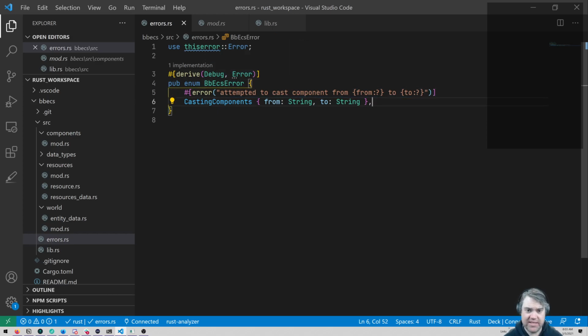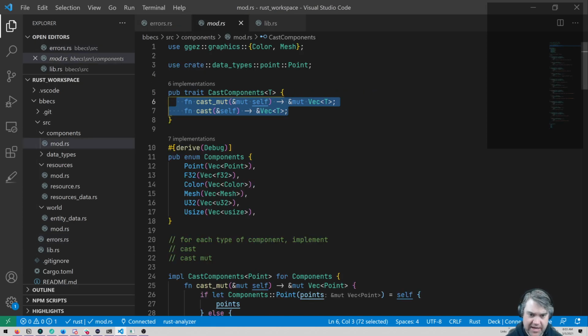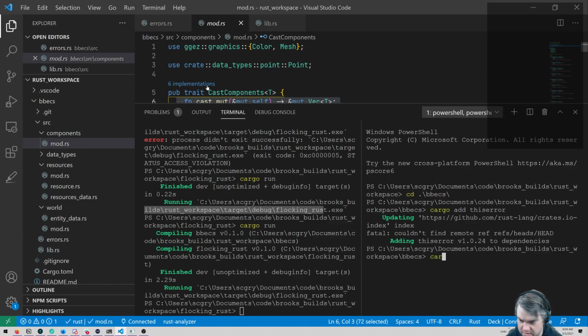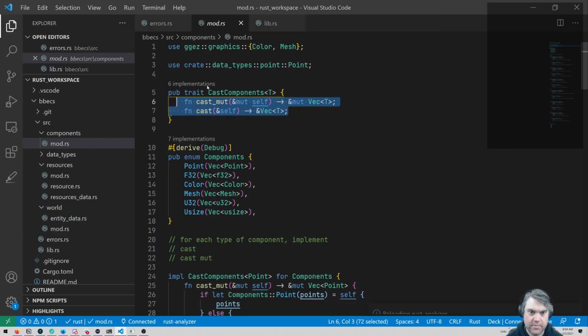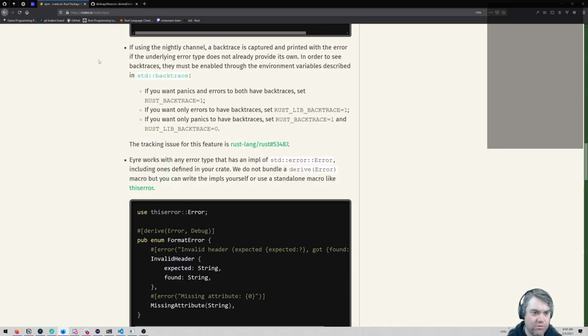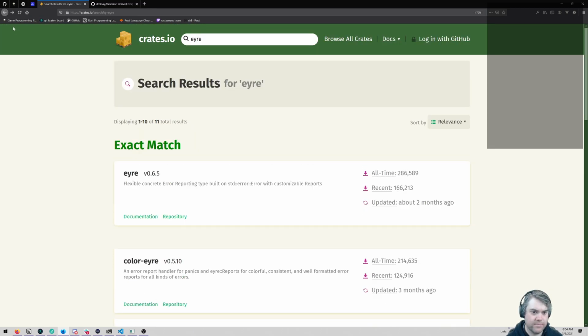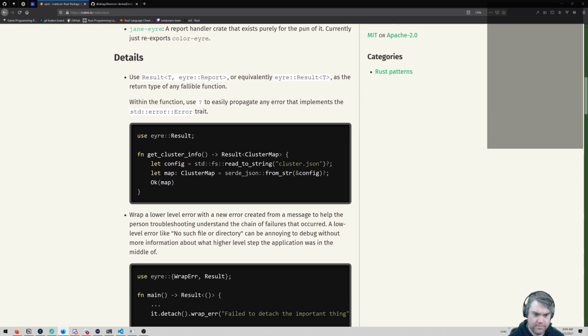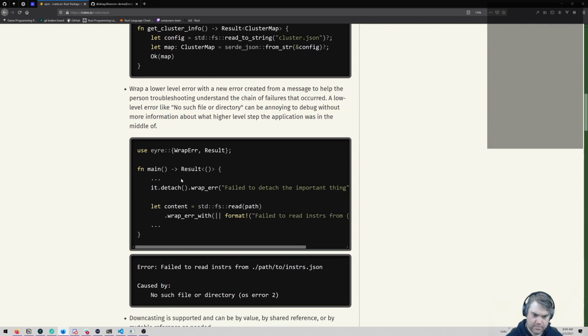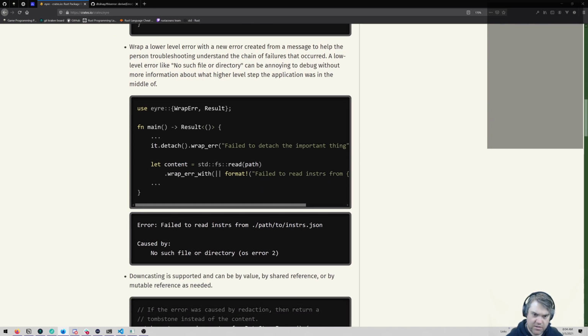So if I do this, casting components error, we're back to this. Now I also want to bring in error. Restart, and then we need to go, remember, how do we use error? So we're going to use error results.